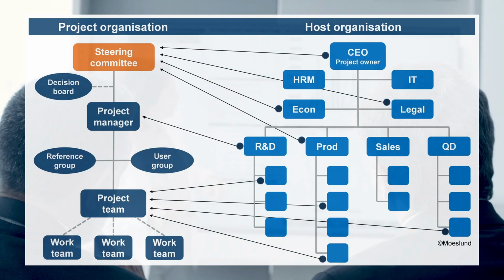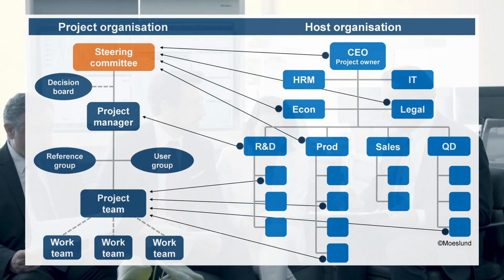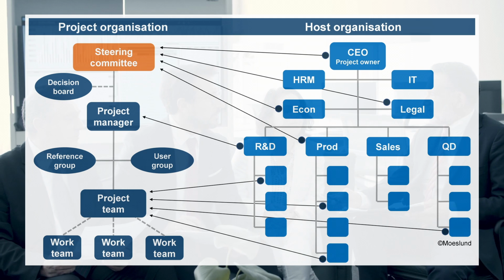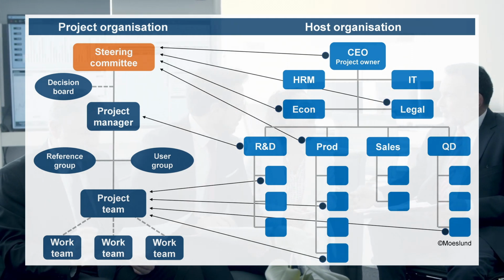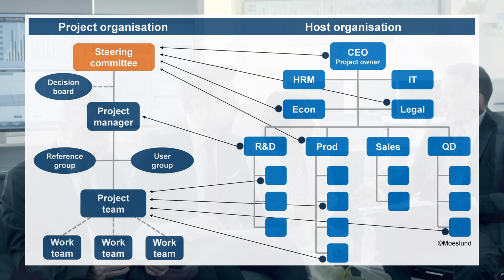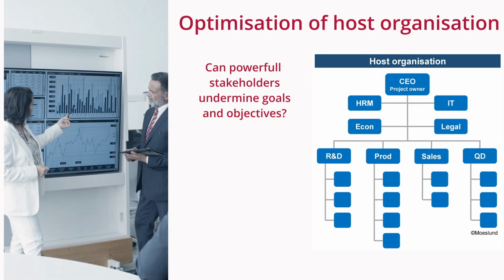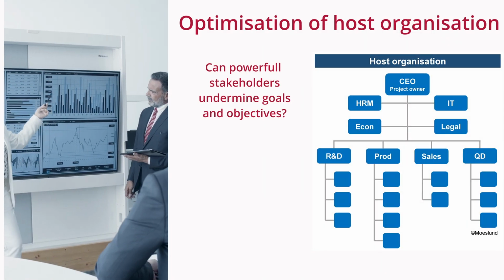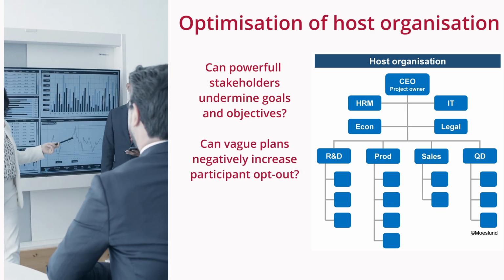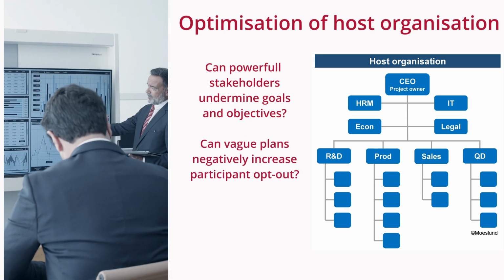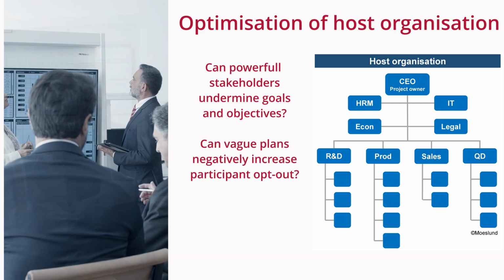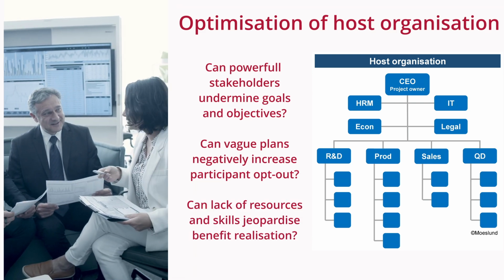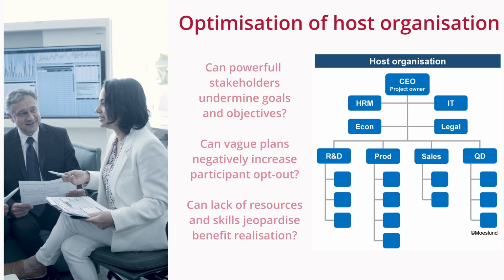Inherent risks relate to the design of the relationship between the project and the host organization at different management levels. Therefore, the host organization needs to be optimized to handle the project. This is primarily done within the financial, organizational, and professional parameters of the host organization. You should ask yourself whether powerful stakeholders can undermine the official goals and objectives, whether vague plans and insufficient authorized approval may increase participant opt-out, and whether lack of resources and skills recognized only too late can jeopardize benefit